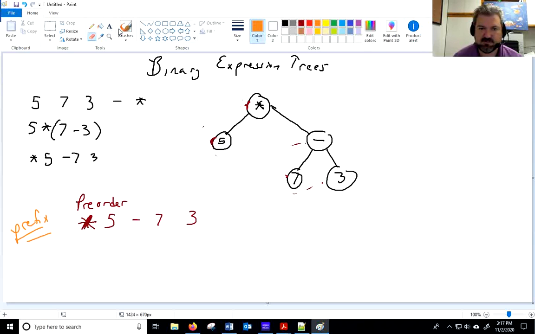And I'll use the orange this time. So in order, remember, we have to be able to touch the bottom of our node. So we can't just start with this times. We have to touch the bottom half, and we can't. The rule is you can't go through a line. And this is just kind of a neat little trick to help you know what the traversal would give you,